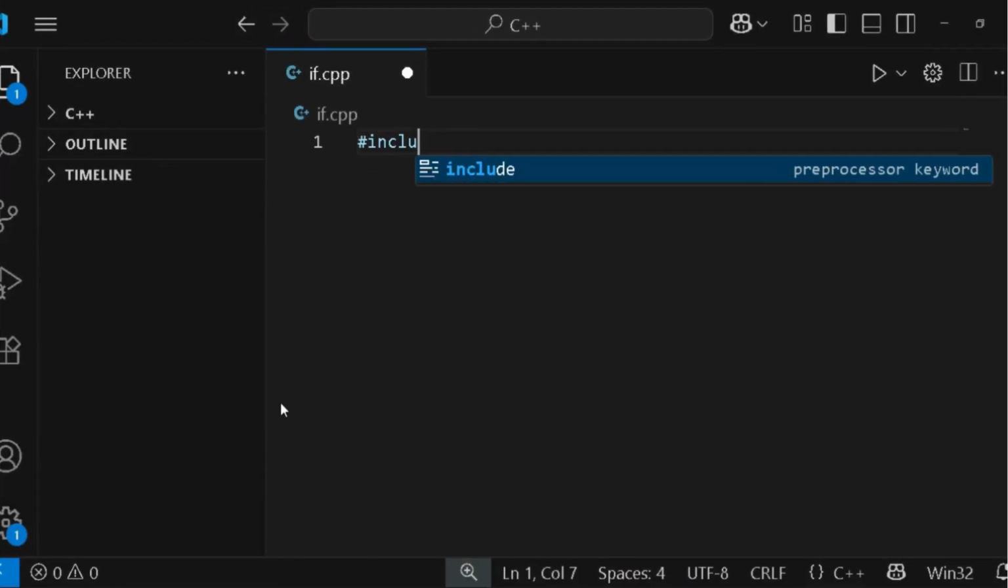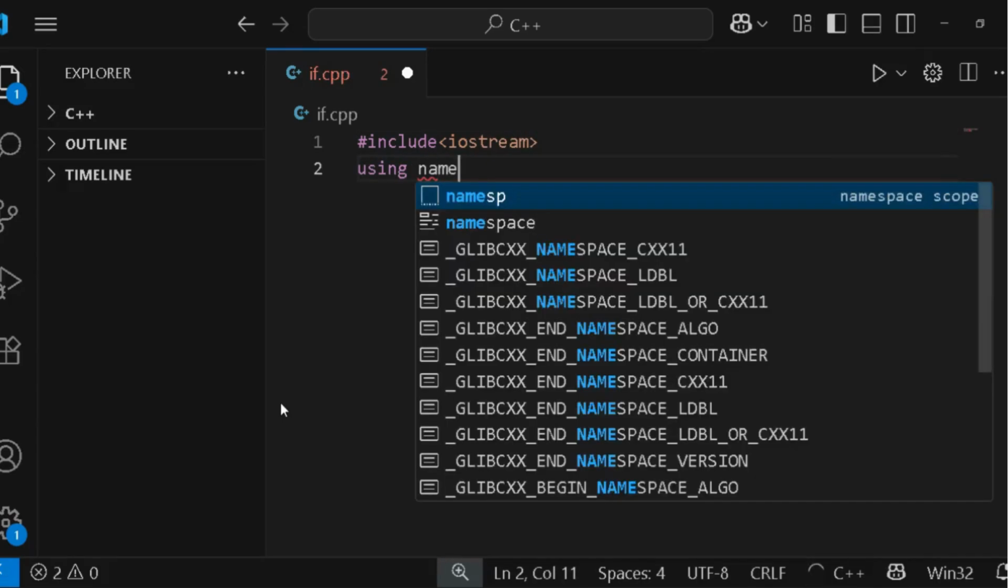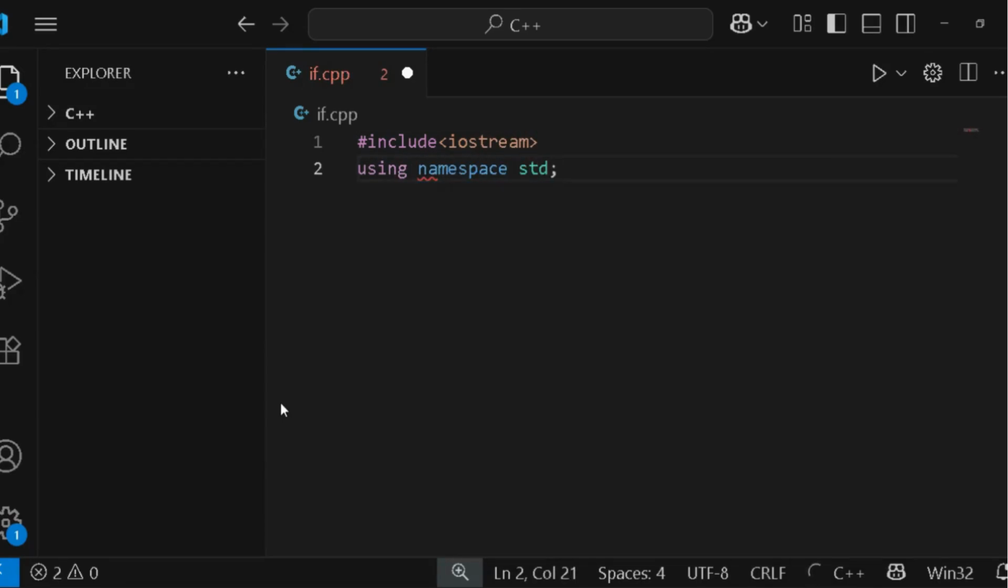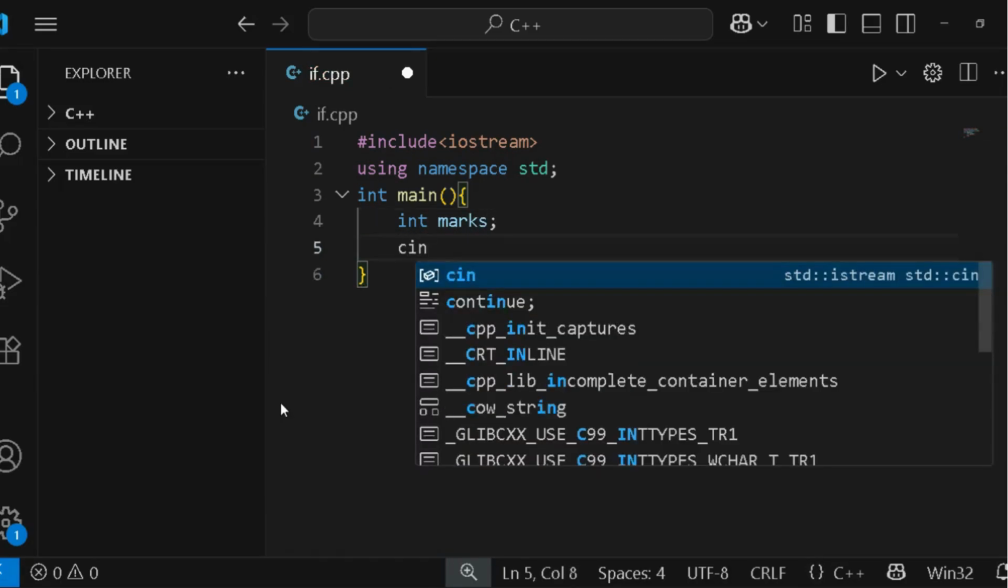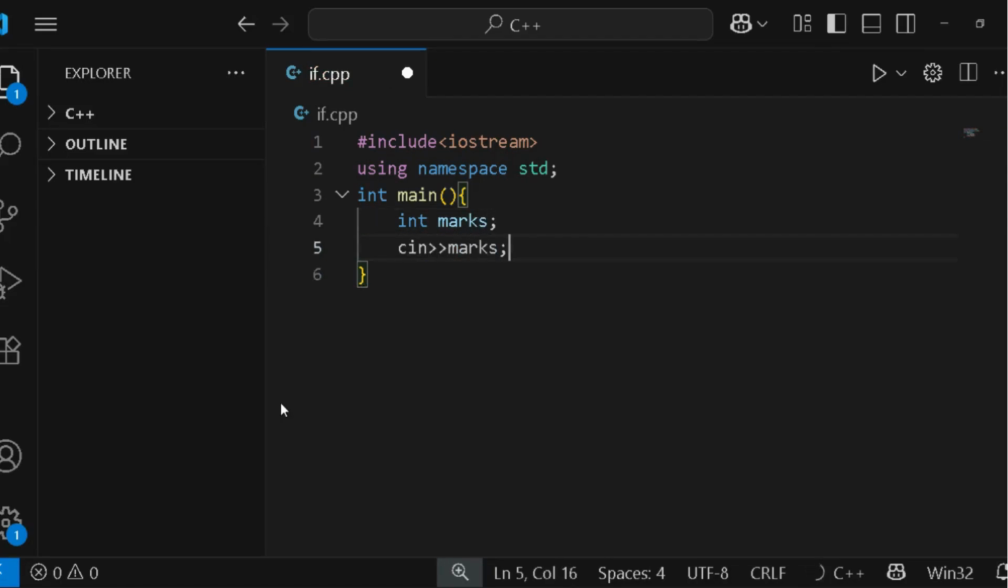In this video, we'll learn how to use if-else conditional statements in C++ with a very simple example. Let's take a look at this code. First, we'll write the skeleton of the program. Inside the main function, we first declare an integer variable called marks, then we'll ask to input marks using cin